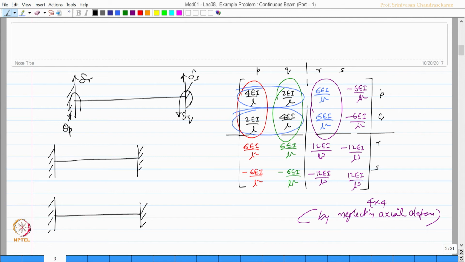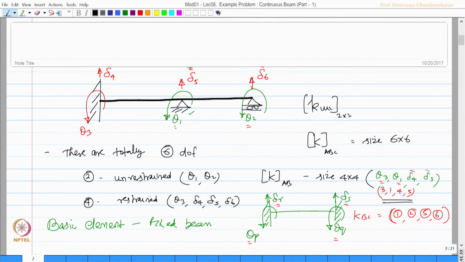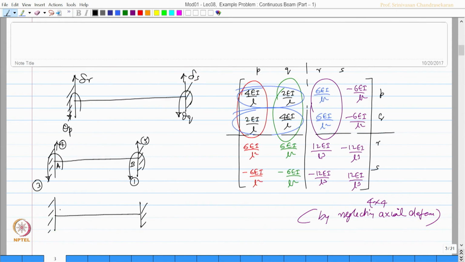So, I should say A and B. So, it should be 3, 1, 4 and 5. Similarly, for BC, 1, 2 and 5 and 6. Let us now derive the matrix for